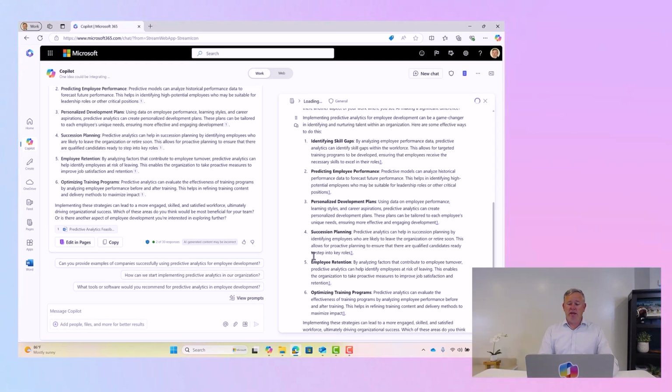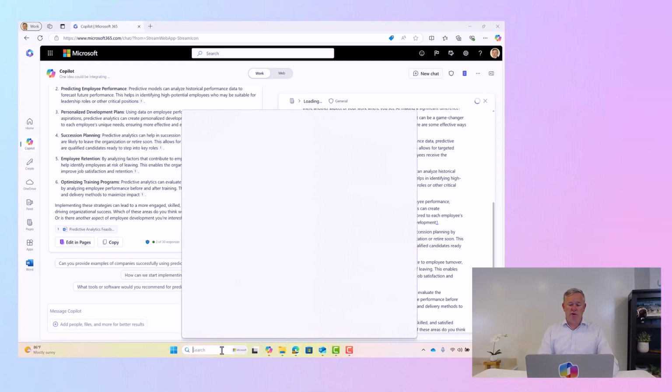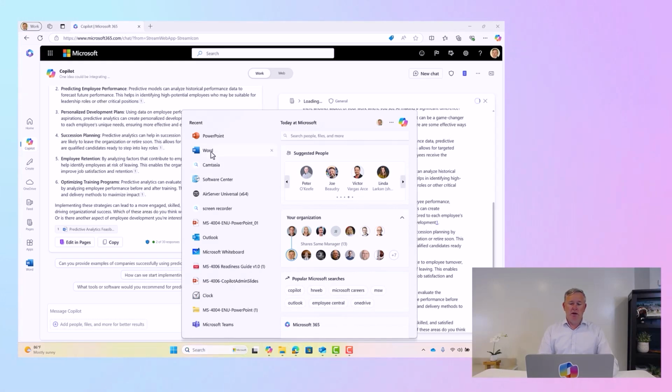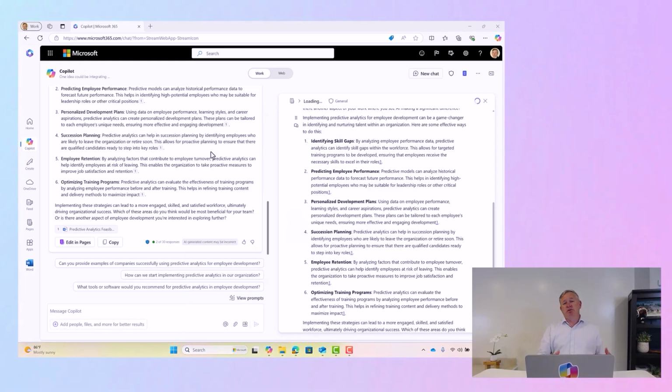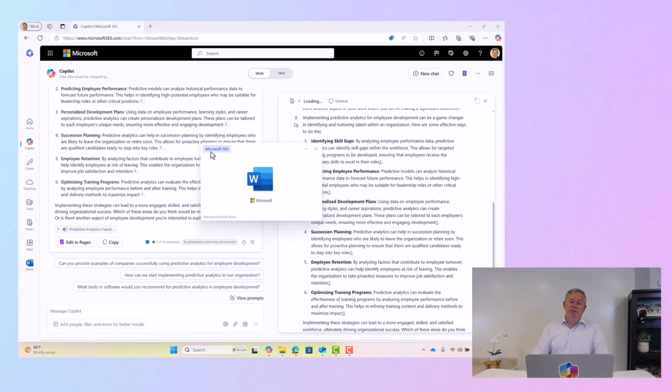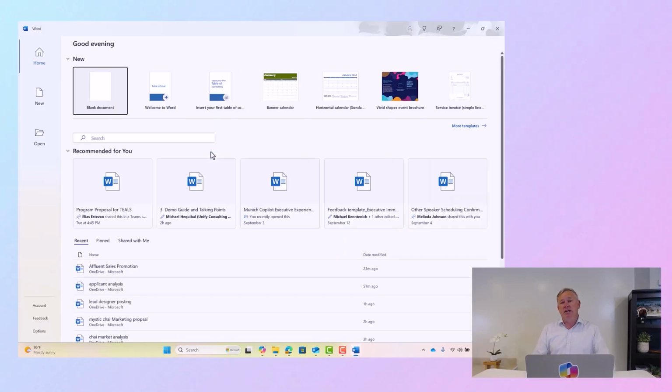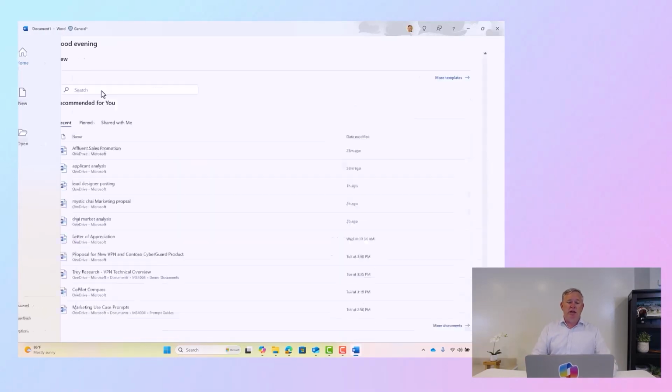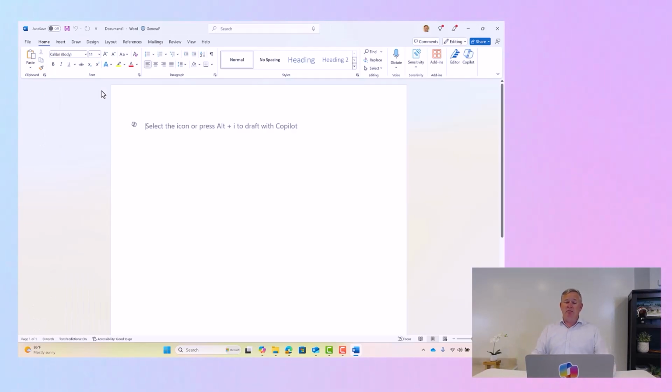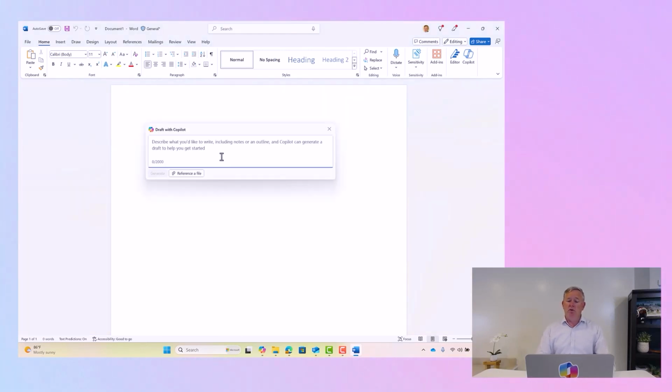Let's move from here into Microsoft Word. If we're going to do this personalized KPI dashboard, I assume it costs a little bit of money, and we're going to need approval from our board of directors. And so let's start a blank document here in Microsoft Word. Copilot meets us where we are, and here is our Copilot icon. We're going to use Draft with Copilot, and we're going to say,